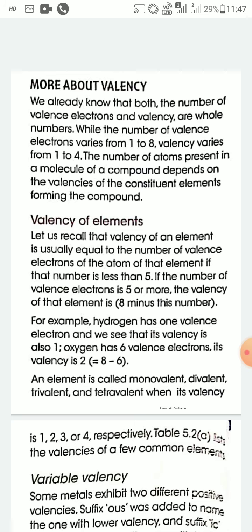Today I'll discuss valency. What is valency? Valency is the combining capacity of an atom of an element. You can calculate the valency of an element in terms of the number of hydrogen atoms and in terms of valence electrons. Here I will discuss valencies in terms of the number of electrons in the valence shell, or the outermost shell, of the atom.